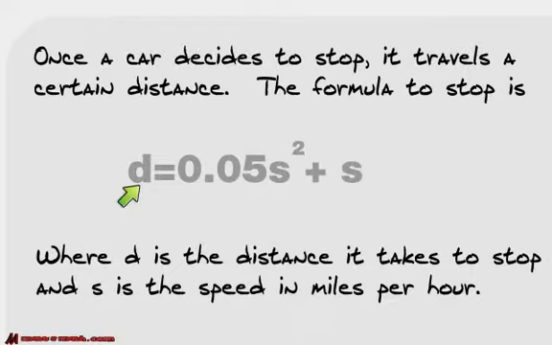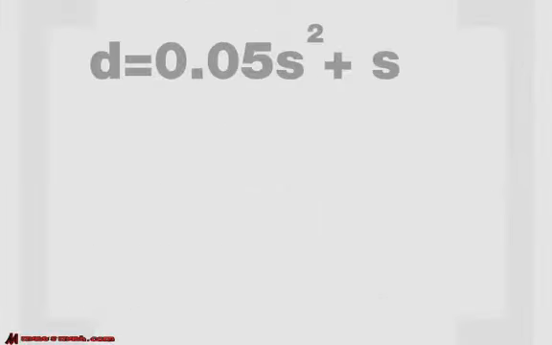We have d, the distance it takes to stop, and s, the speed it was traveling in miles per hour in order for it to stop. And it will tell us, when we plug everything in, how far it had to stop. All right, so here's our equation, and what we're going to talk about is, let's say,